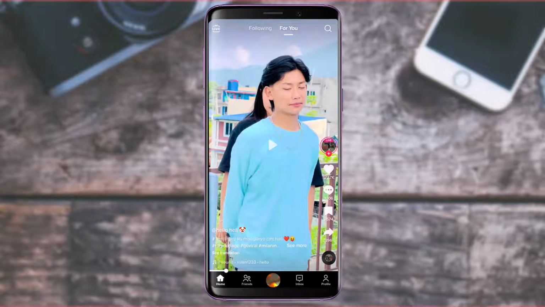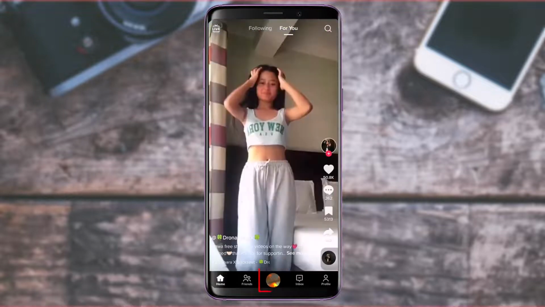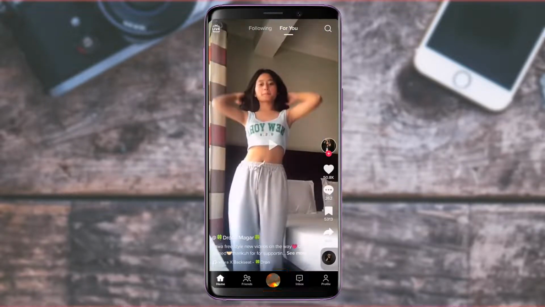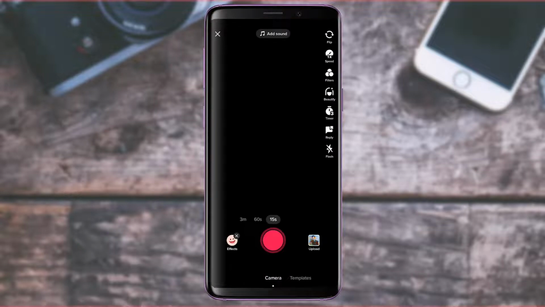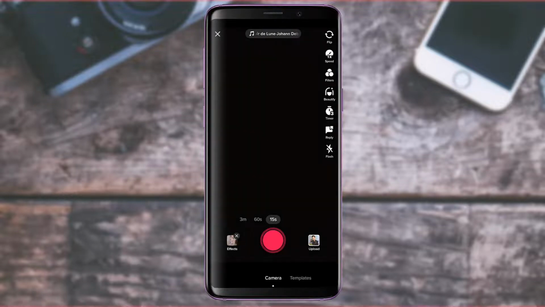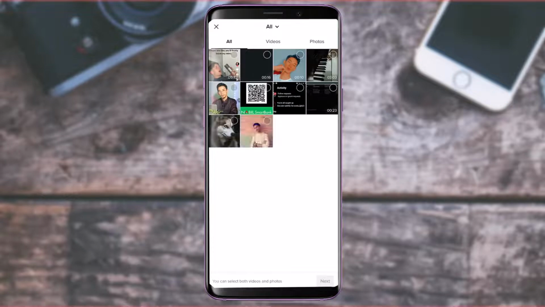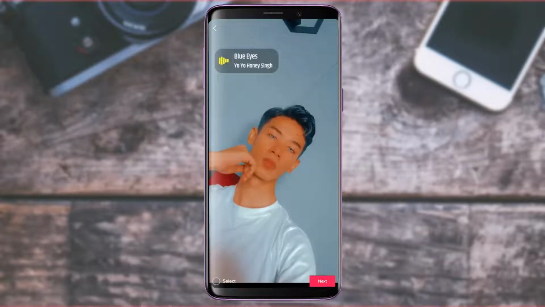on TikTok. In order to post it, we're going to simply tap on, let's say, the plus button which you see at the bottom of the screen, and once you do that, you could record a video right away, or else you could choose one from the gallery by tapping on the upload button at the bottom right hand side of the screen. Tap on the upload button, go ahead and simply select any of the videos which you want to upload to your TikTok profile. Now once you select the video, tap on the next button and then tap on